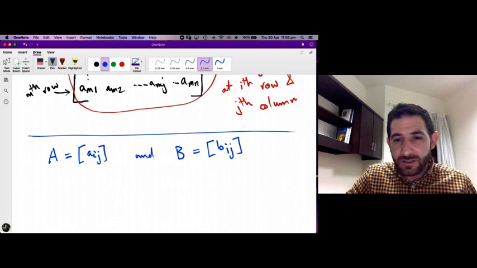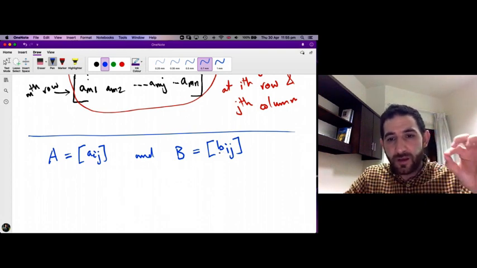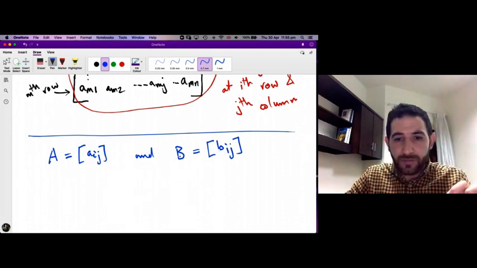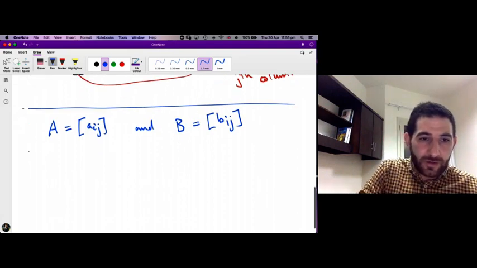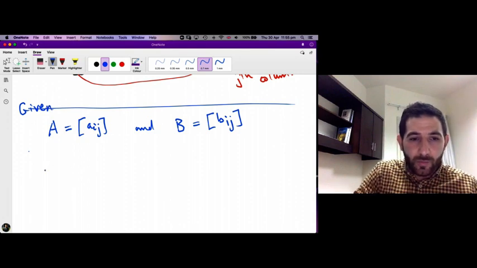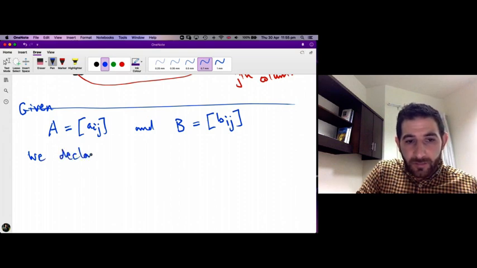What is Bij? It is the entry which lies in the ith row and the jth column of the matrix B. Then, given A and B, we declare them equal